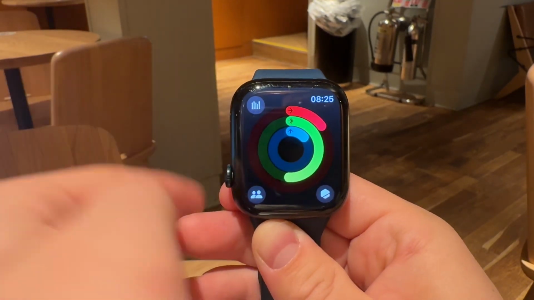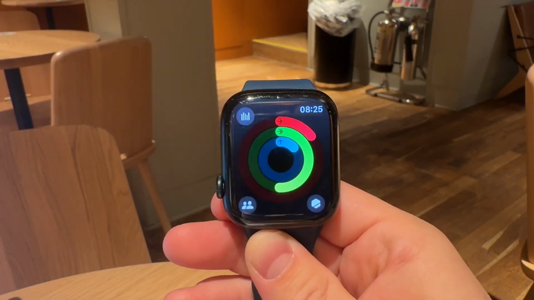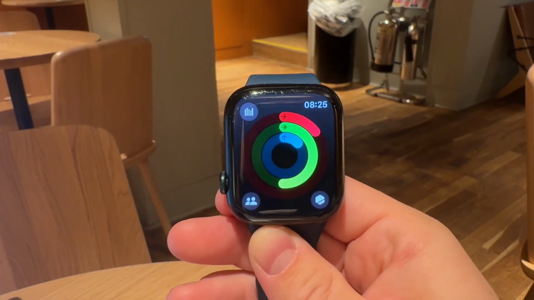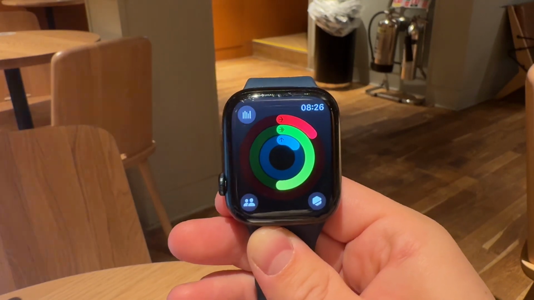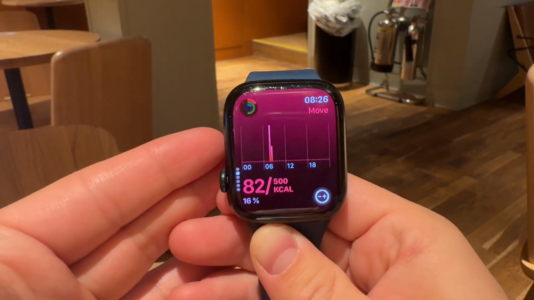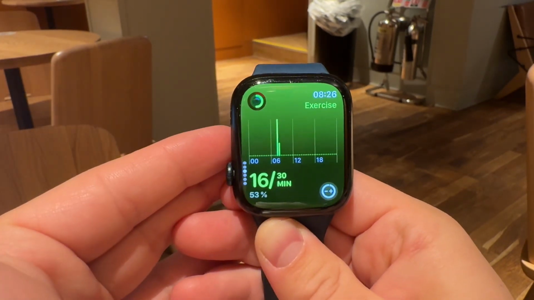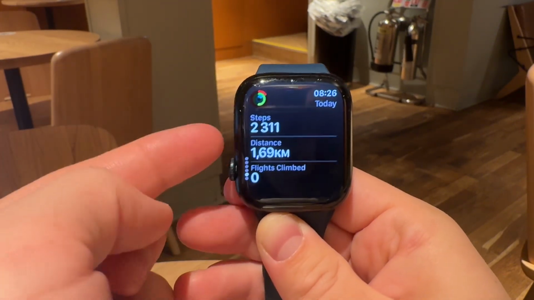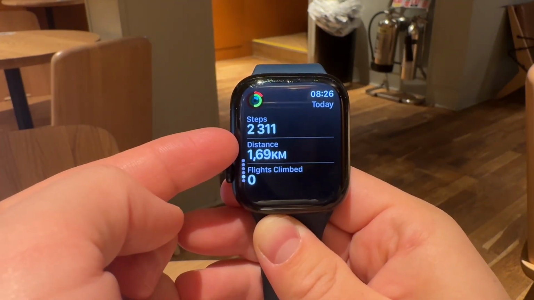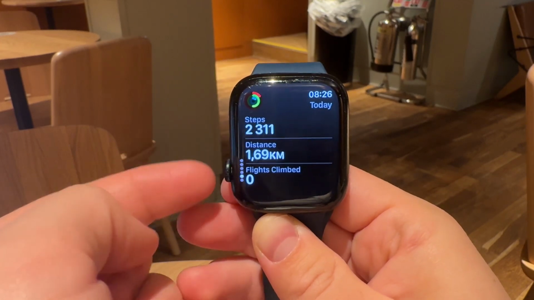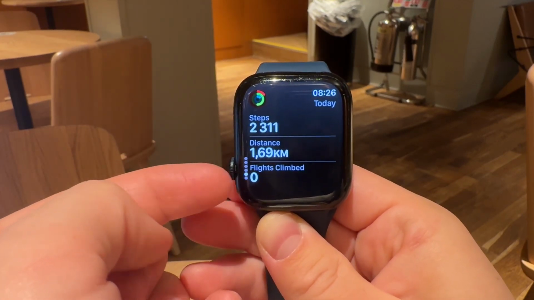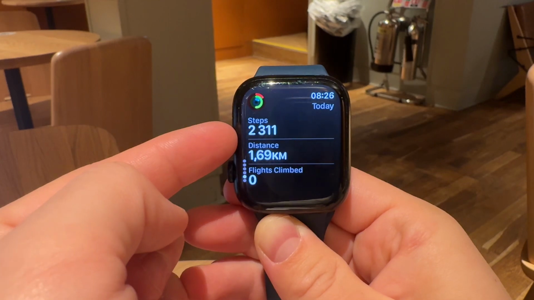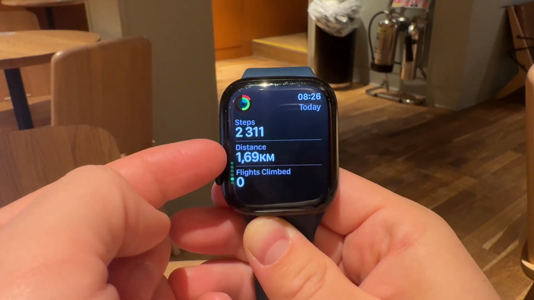Inside this app, you can track the calories, minutes of exercise, as well as stand goal. You can swipe through the pages in the app, and the point is that each page shows something different. So you essentially just need to swipe through all the pages until you get to see the daily steps displayed. It's somewhere closer towards the bottom of the page. It's like the 5th page you can see. There are the steps for this day, as well as the distance walked, plus the flights climbed, which can also